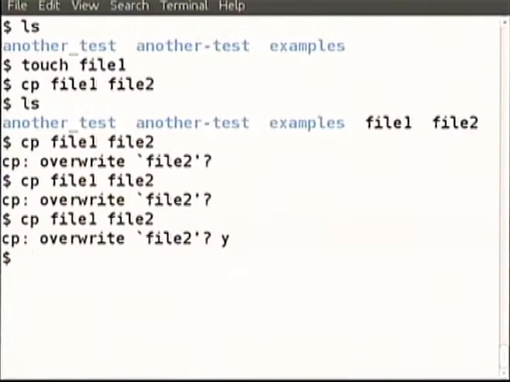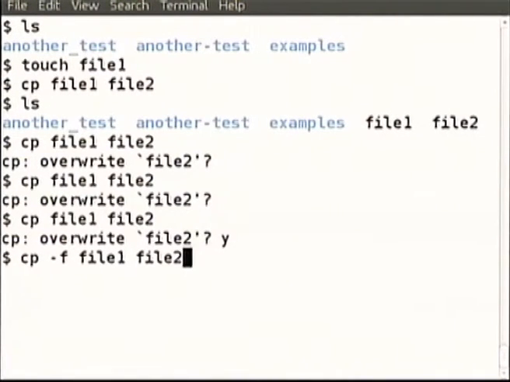So as expected, cp minus i is the one that will really ask us, it is interactive mode. If you want to overwrite without being asked, f means force, so cp minus f. For those of you who might by default have the minus i option through an alias, you might want to change that alias if you don't want to be asked in a specific case where you are overwriting plenty of files.